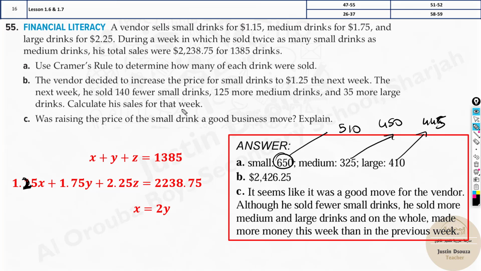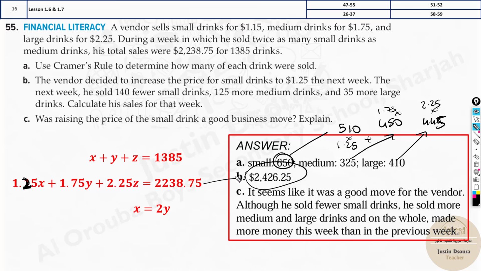And now calculate his sale for that week. So these are the new values of X, Y, and Z. Now we know how much is the cost. So this is multiplied by 1.25, plus this 450 multiplied by 1.75, plus 2.25 times 445. Add this all up: 510 multiplied by 1.25 plus 1.75 times 450 plus 2.25 times 445. So put this properly in the calculator. You can put this as it is, multiply, plus everything, and then you will get this as the answer B. It will be